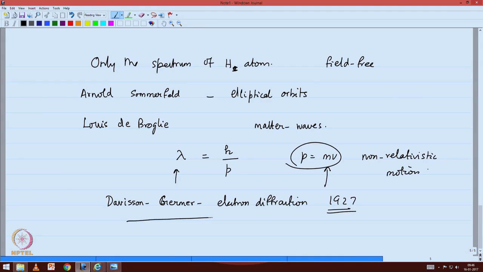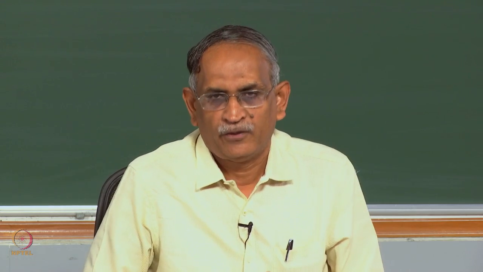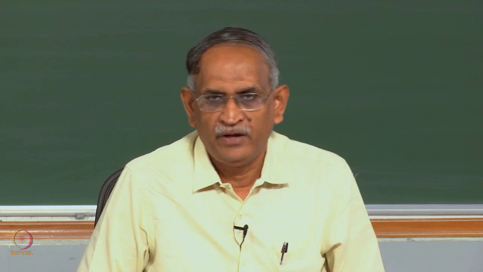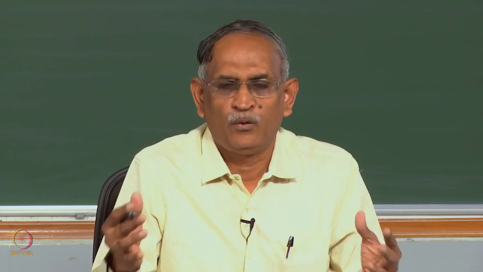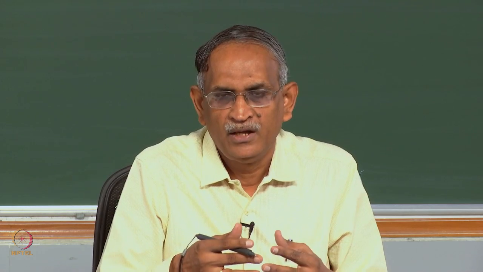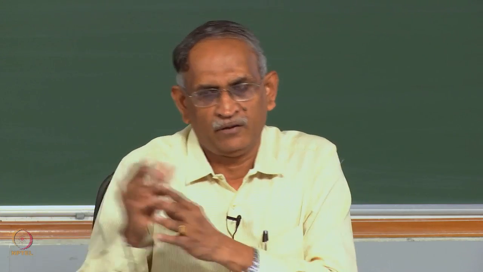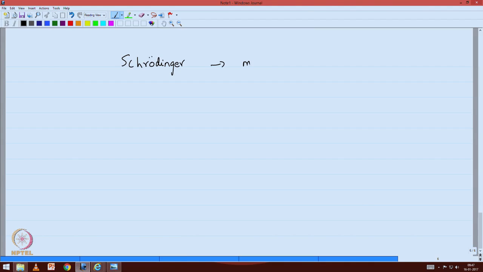Then with this prescription, it was Schrodinger who asked the question: if substances are like particles and they obey Newton's equations for particle motion, and if substances are like waves and they obey the wave equations or the equations of Maxwell, what do these matter wave quantities obey? Is there a separate equation which governs them and which in the right limit can go to that of a wave equation or that of a particle equation? So Schrodinger asked the question whether there was a separate equation for the matter waves,